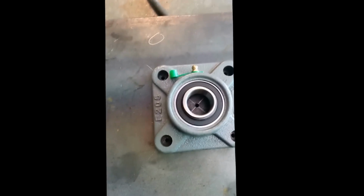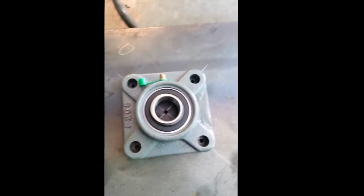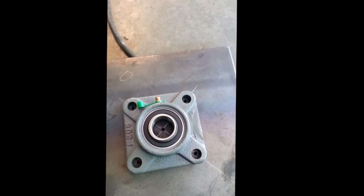Done. One step closer. By the looks of it, we did an okay job. Centered up all the holes. Looking good. Okay, now we can take our hole saw out